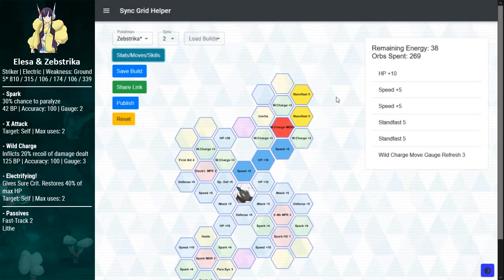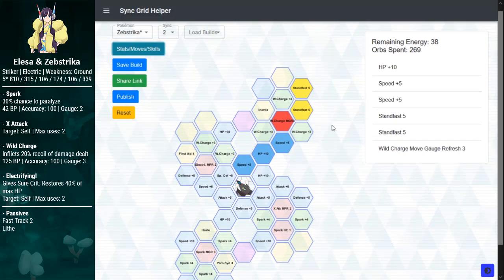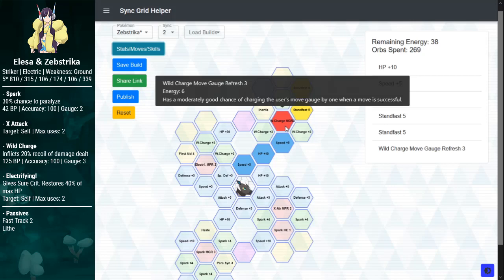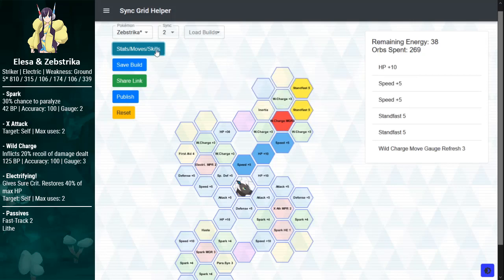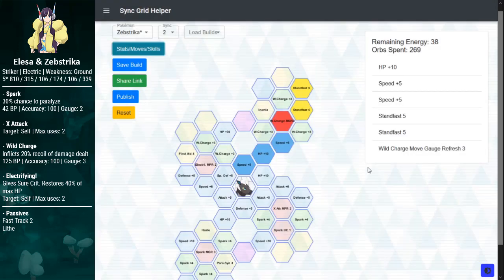And this fixes one of Zebstrika's primary issues, which is spamming Wild Charge, so that is great. You can also go for the MGR to give yourself some move gauge, although Zebstrika is very fast as is, and also has fast track too, so it really helps with gauge. Like, you're not going to have issues if you have Zebstrika, because it just generates a gauge on its own,